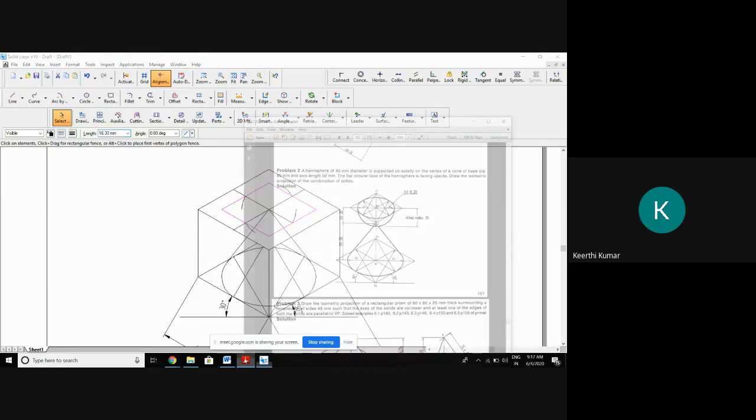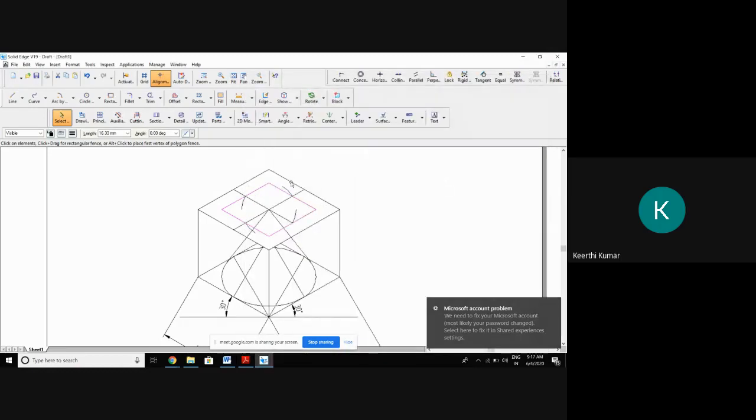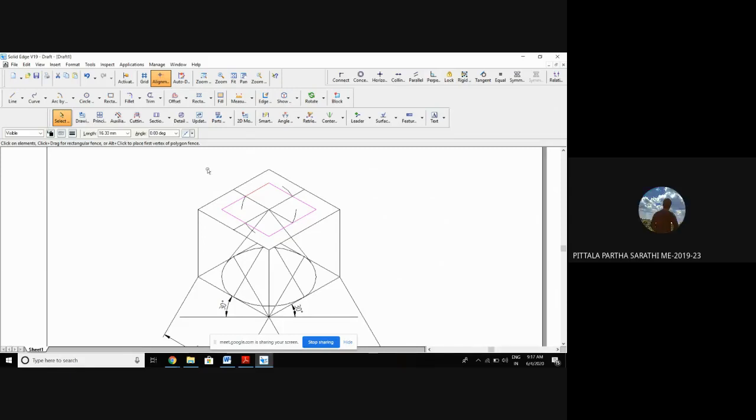Now what we did here, there is no base. Of course, you leave it; you don't worry about this. You concentrate on what I'm going to teach. Now, what did I tell? I told that this hemisphere should be in a box. Can anybody tell what should be the height of the box required to put a hemisphere? 40, sir. If I take 40, then it will become a sphere, no? Hemisphere means half a sphere. 20, yes. That is 20.